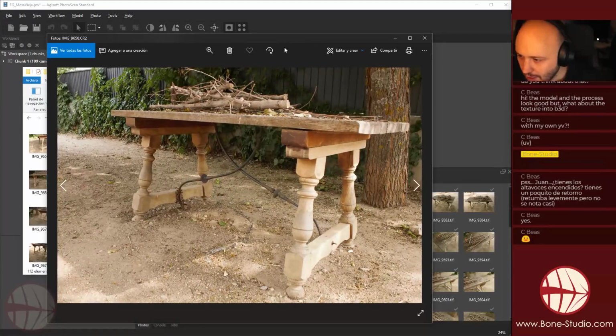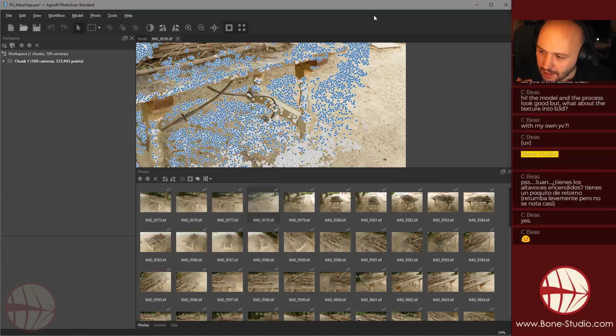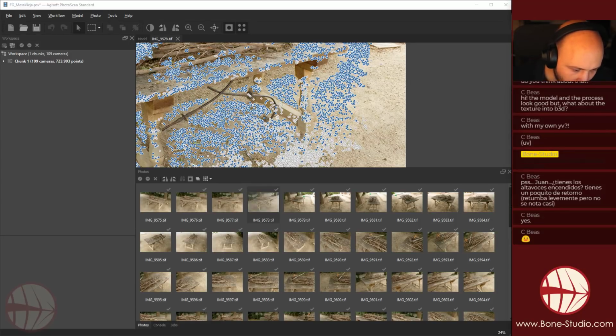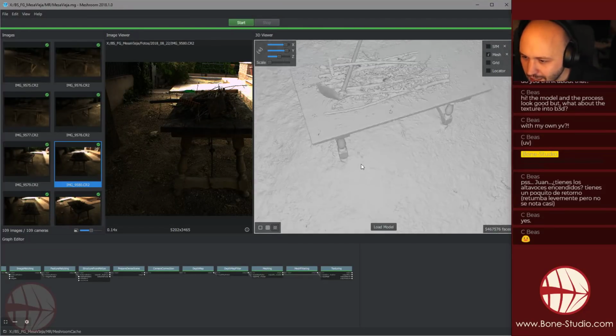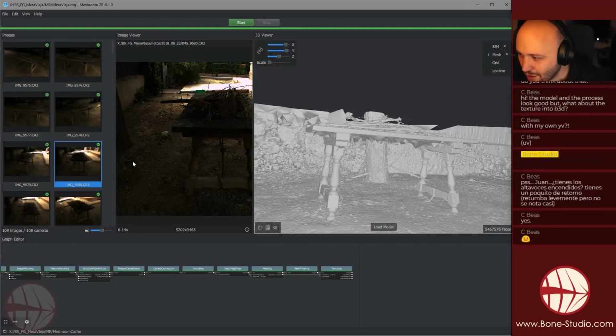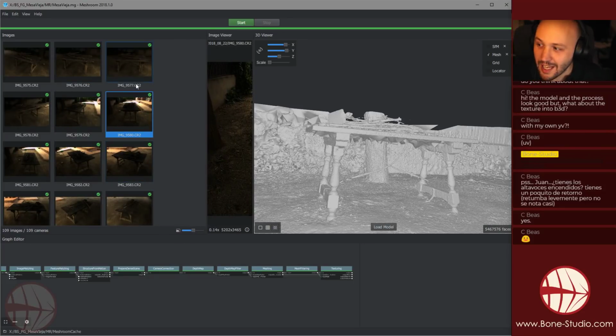Here. They have good lighting, they have good detail, they are in focus. So it had enough detail, enough quality in the pictures to recreate this. And you'll see why I say that. On the contrary, AliceVision had a pretty bad set of pictures, like this one, because they are the CR2,